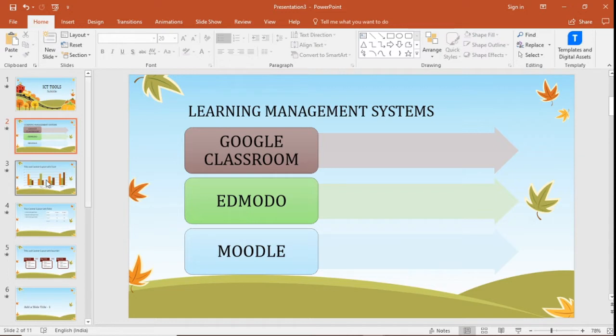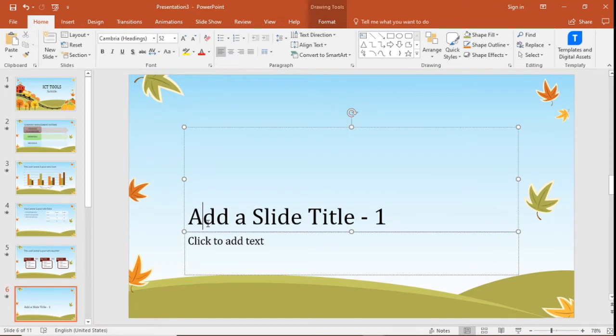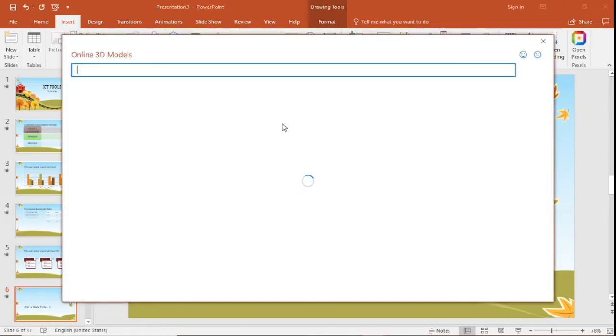The next interesting feature is, let me go to any of the empty slides. So let me go here. I can insert 3D models. So if you go to the insert tab, we have one thing called 3D models here. Charts, shapes and all are available in normal Word and other Microsoft products also, but we have 3D models in PowerPoint presentation. So if I click on 3D models, click on from online sources.